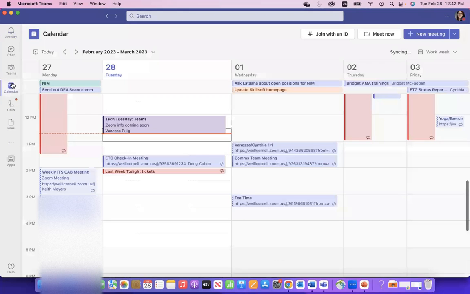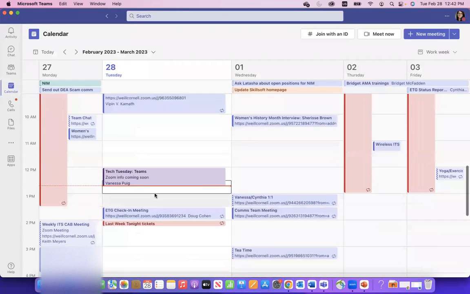Really quickly, calendar. This basically, again, integrates with your O365 calendar and Outlook. Everything I've got in that calendar is here. You can set up meetings from here, but I would really recommend not doing that. It's already integrated with your Outlook. I would just do it from there. And again, Teams is much better for ad hoc meetings at the end of the day. So if you want to plan a meeting, I would recommend doing that through Zoom. But if you just want to have a quick convo with somebody, do that with the little icon in your conversation.